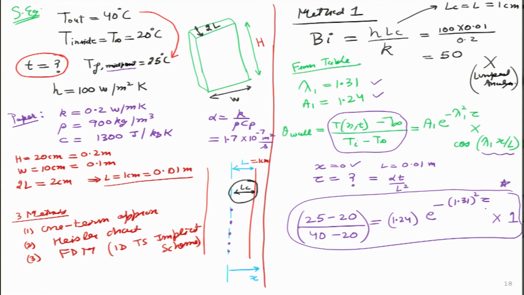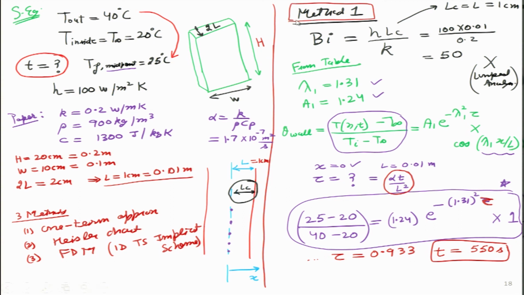I will write it in red color over here. So, the only variable here is tau. That full calculation I will not show. Let me go ahead and write the result for tau. Tau turns out to be 0.933, and using this relationship over here, because I know the value of length and I know the value of alpha, the time value also I have figured out, it turns out to be 550 seconds. So, this is the solution that I have obtained by using method number 1.